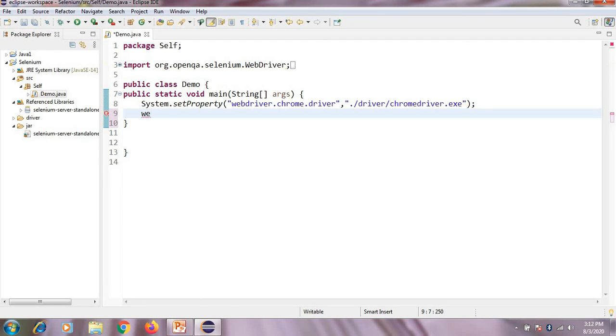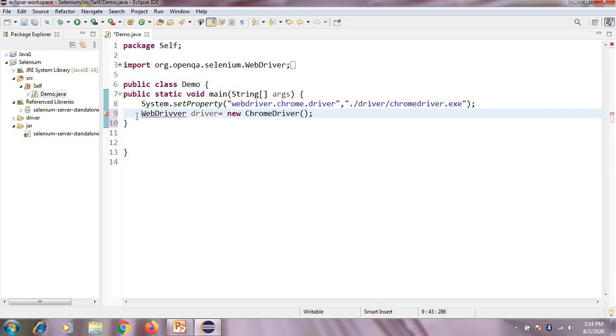Now WebDriver driver is equal to new ChromeDriver.